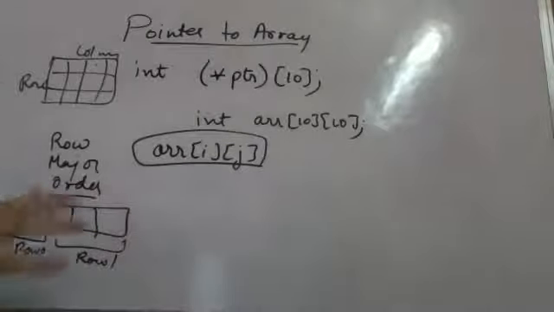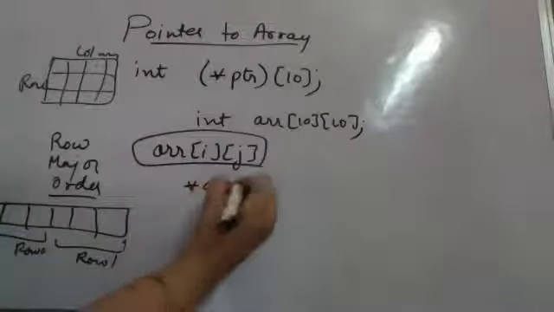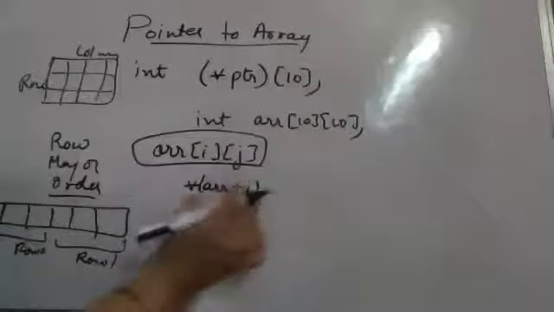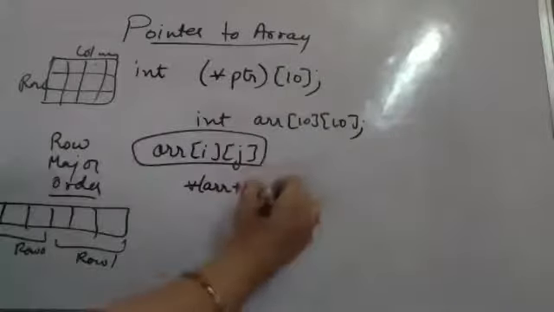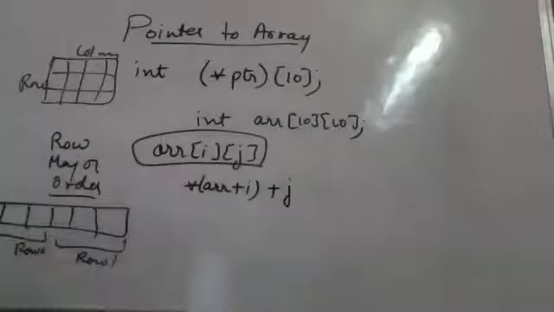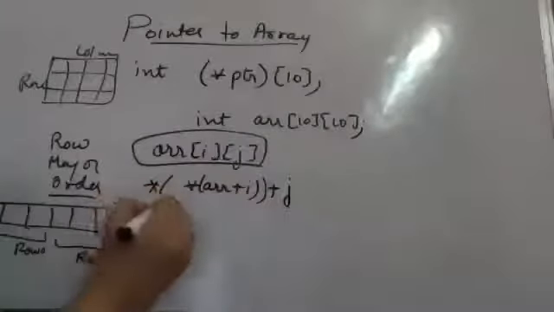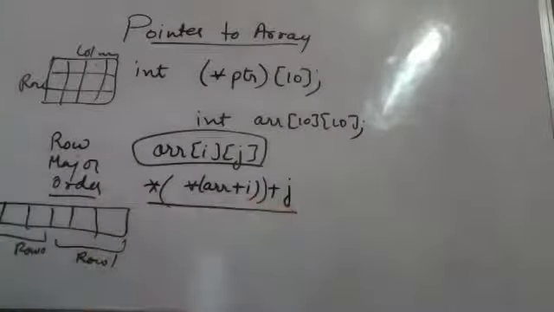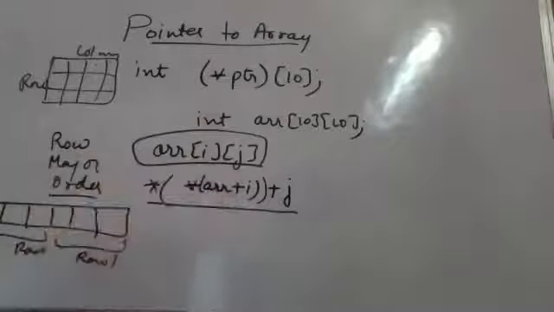So technically, if I am trying to find the value, it is the value at array plus i, whatever I have, plus j. You have to understand what I am trying to say over here. This is my technical value. Understand again what I have written: the compiler uses this to calculate the address of array[i][j] using row major order.